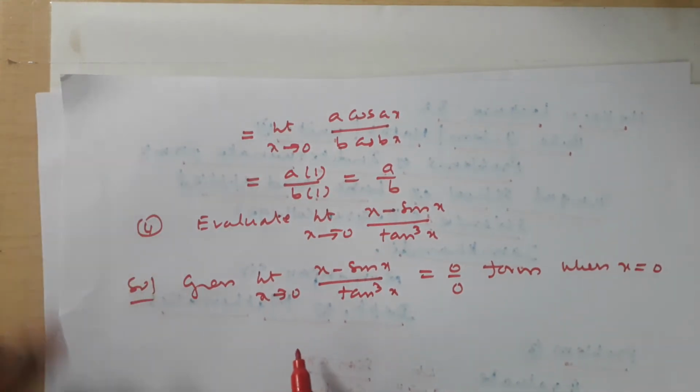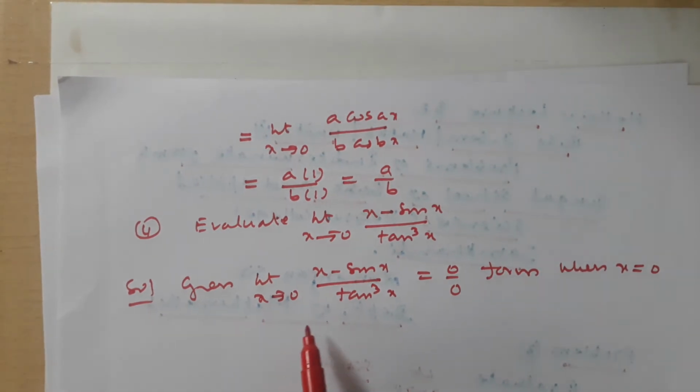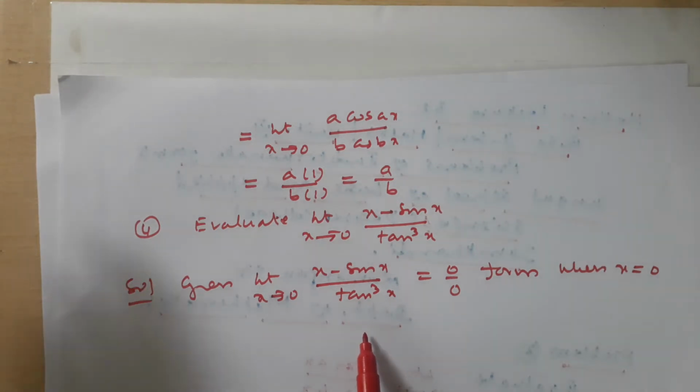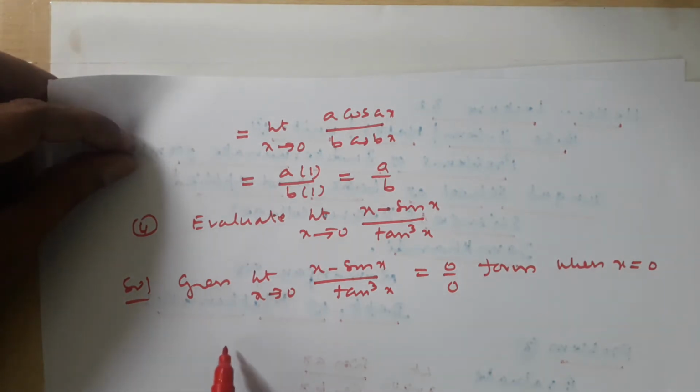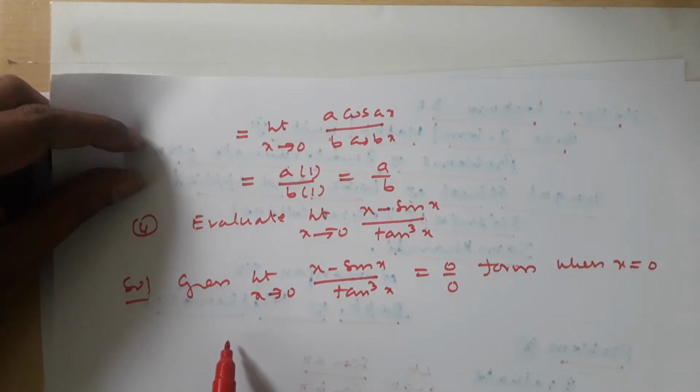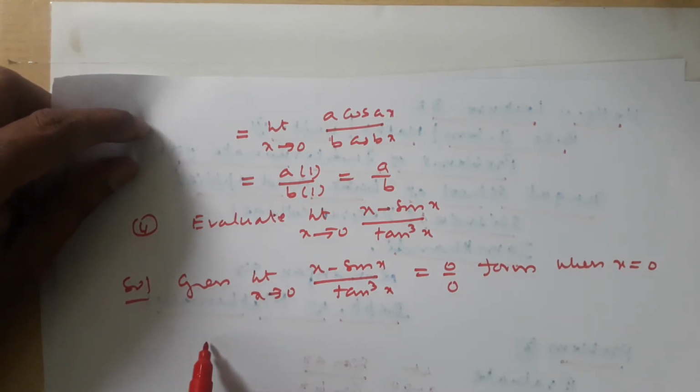Now we can't go for directly the L'Hospital rule, because whatever the number of times you differentiate the numerator and denominator, we are having the trigonometric functions again in numerator and denominator. So that we can simplify a little bit different in the beginning. Later on we can apply the L'Hospital rule. Next, here